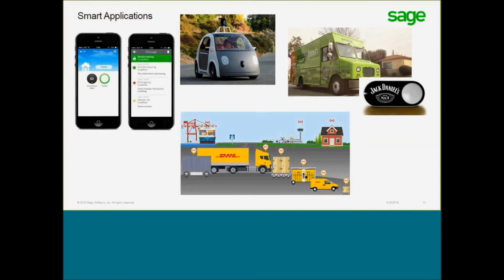And examples of smart applications, we have the Google car, so the self-driving car, which is a great concept to free the drivers from having to do all the heavy work. Amazon in the United States have provided the concept of Dash, so that in real time, if you run out of your Jack Daniels and you need a quick refill, you press the button, it's transmitted by Wi-Fi in your home up into the internet, and Amazon will dispatch a van that will quickly come and replenish your meager supplies of alcohol to you as quickly as possible.